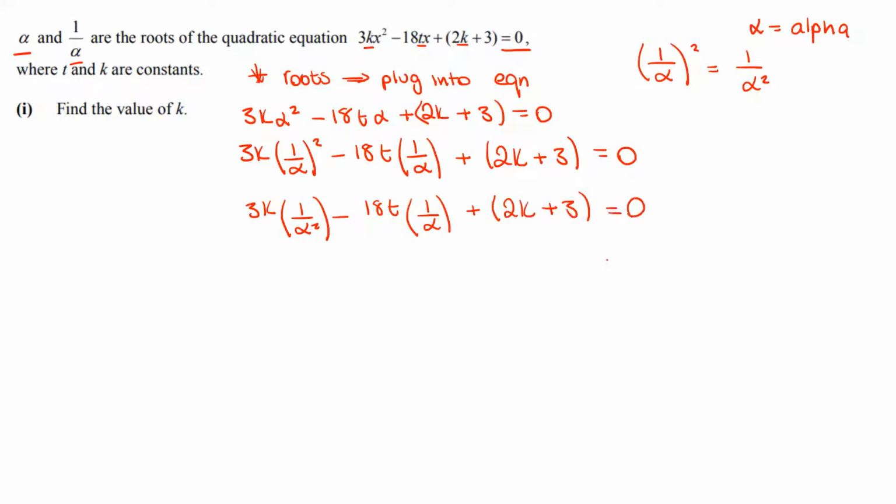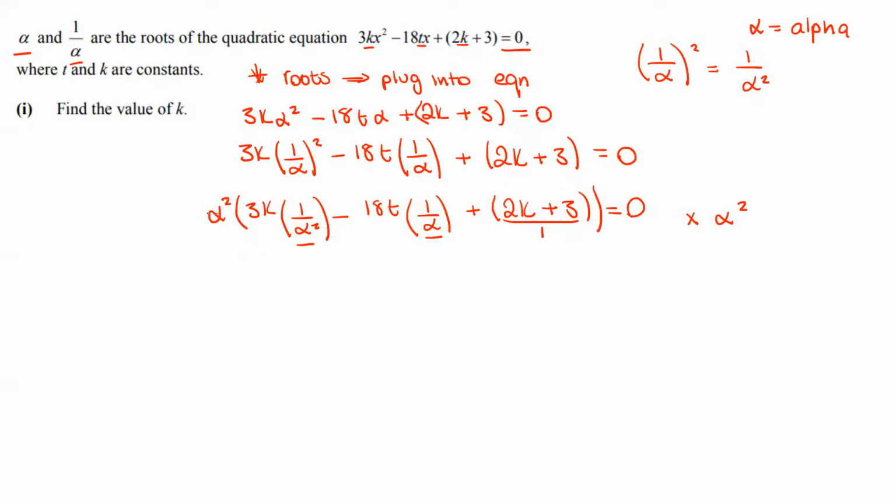is equal to 0. Now guys, we have a lot of fractions here, don't we? So how about if we get rid of the fractions? And the way we can get rid of the fractions here is multiplying by the highest power of alpha in the bottom on all the denominators. And in this case, the highest power is alpha squared. So if we multiply everything by alpha squared,